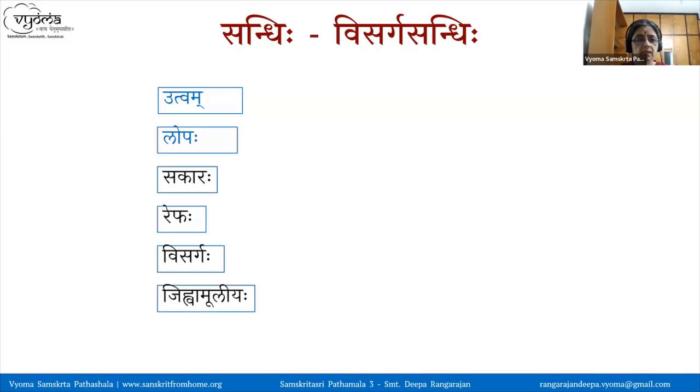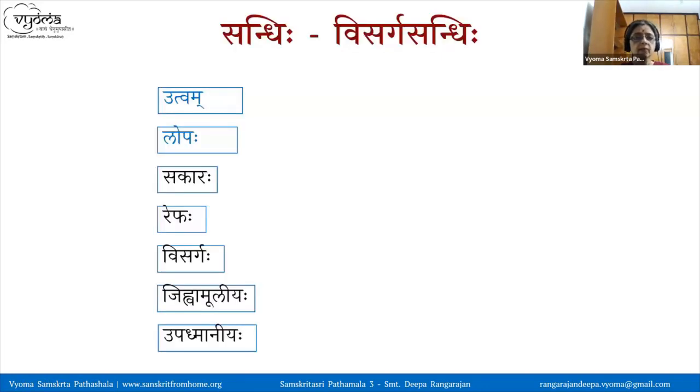So, kak khanati, rama karoti. The half visarga where it is cut in half before pronouncing the ka or kha is the Jihva muliya. It is pronounced from the base of the tongue, and so it is called Jihva muliya. And upadhmaniya. Upadhmaniya is the half visarga like sound, which is pronounced before the pa or ha.